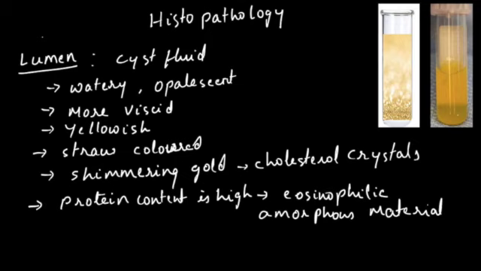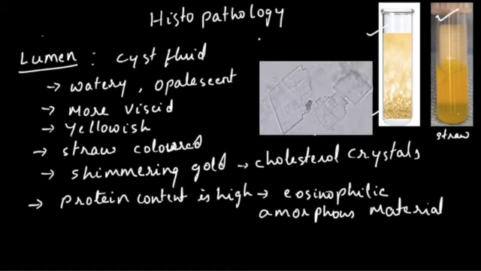When we see something, we remember better. So here I have shown you two test tubes, one with straw colored cystic fluid, this is the one, and the other one which has the shimmering gold because of the cholesterol crystals suspended. This is just to show you how these cystic fluids would appear in a test tube of the radicular cyst. Here you can see a slide with cholesterol crystals on it. The cystic fluid has been put on the slide, called a wet mount, and we can see the cholesterol crystals with the notched edges. This is the classic presentation of cholesterol crystals, glassy pieces with notched edges.